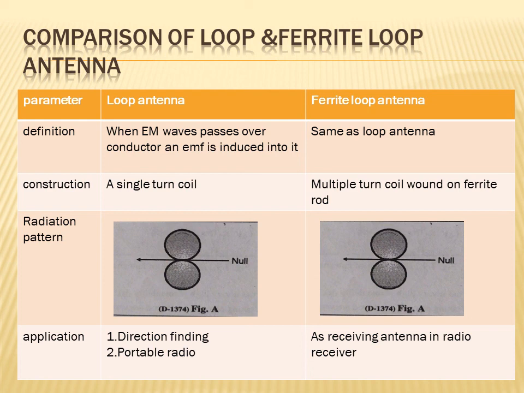Applications: applications for loop antenna are direction finding and portable radio. Next, the ferrite loop antenna is used in radio receivers. So today we have seen the two antennas, loop antenna